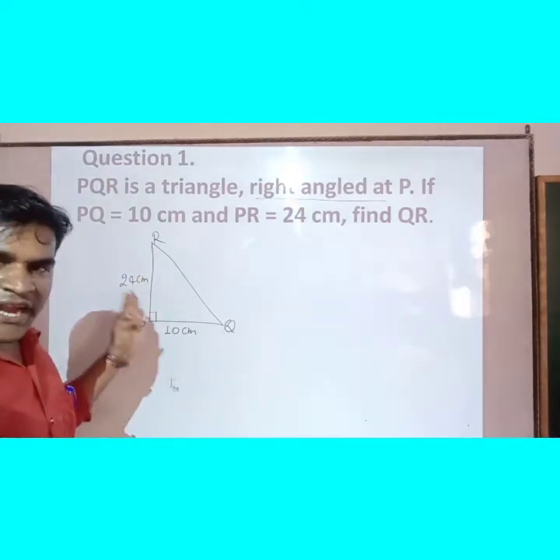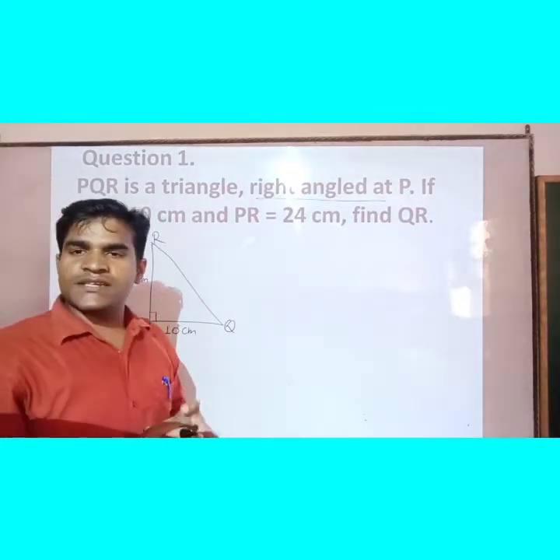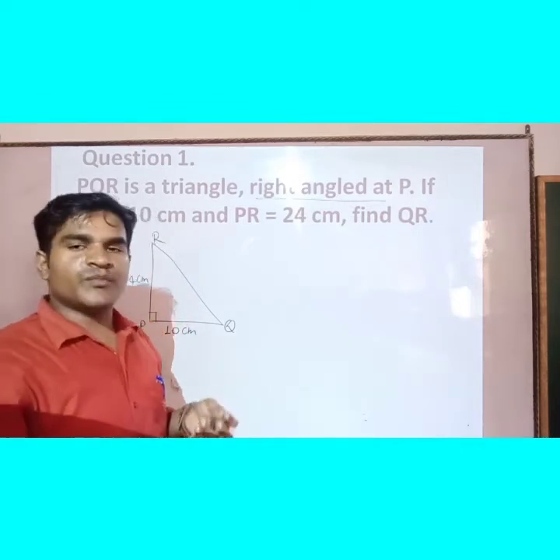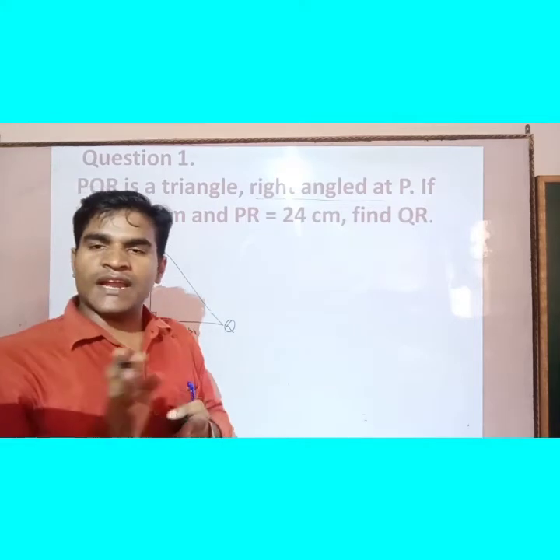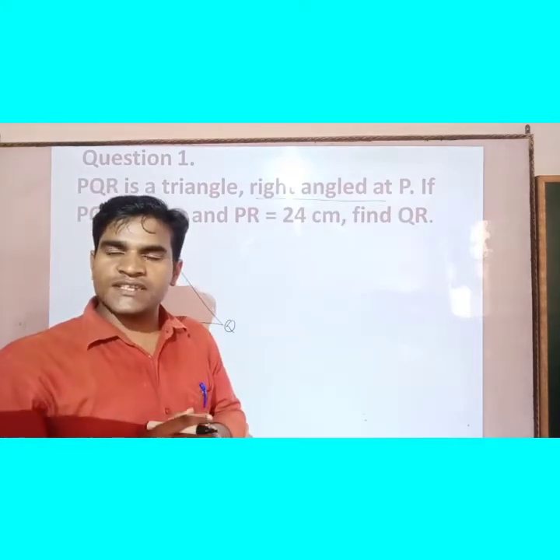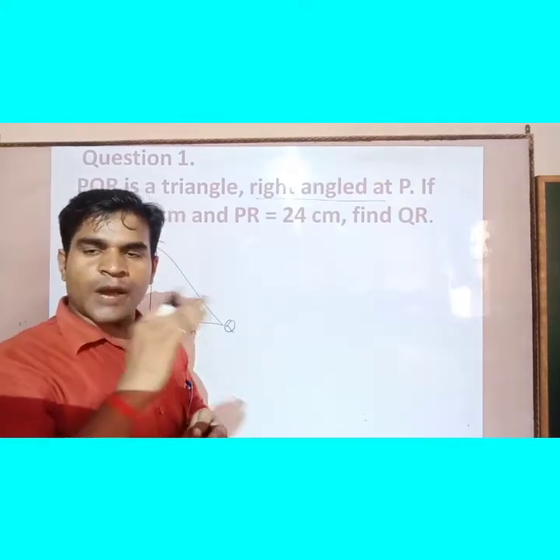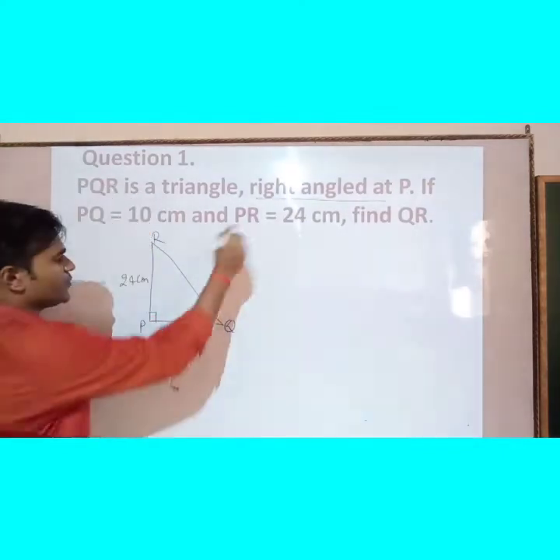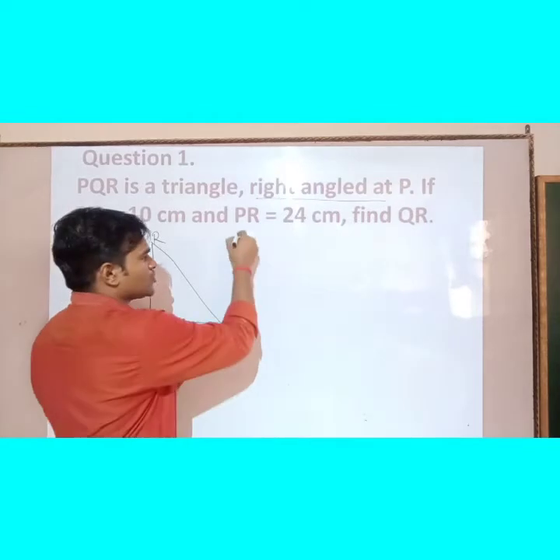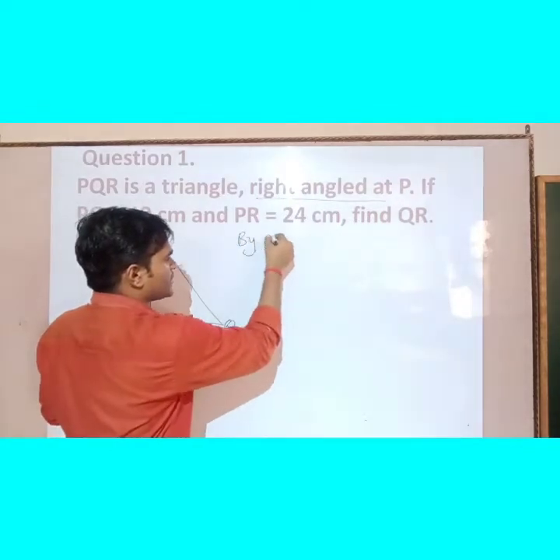So in this triangle, QR is the hypotenuse. Hypotenuse is the longest side of a right angle triangle, or we can say that the side which is opposite to the right angle, that is called hypotenuse. So children, we will apply Pythagoras theorem. So we will write there by Pythagoras